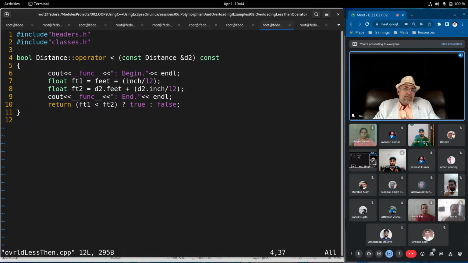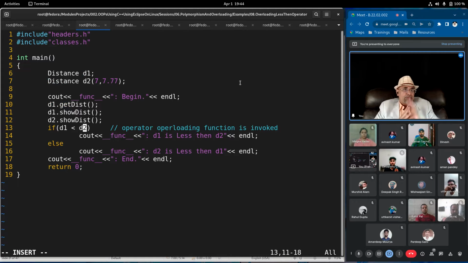Now, if d2 is passed as argument from here, then a copy of d2 will be passed. You know, whenever you pass an argument by value, then a copy of the value is passed, not the variable itself. So here, in general, we would see that a copy of d2 will get passed as argument. But if we pass a copy of d2 as argument, that means you are creating a new object.